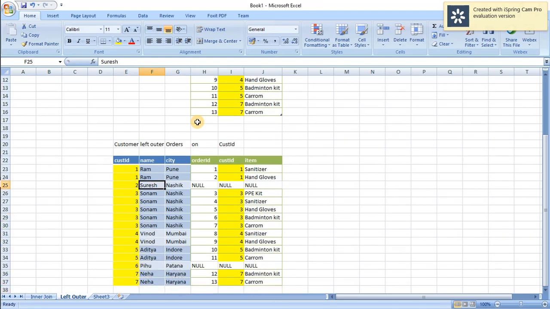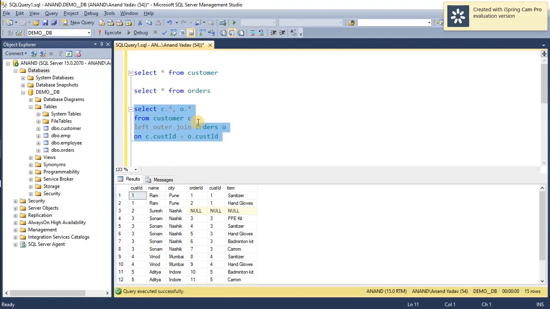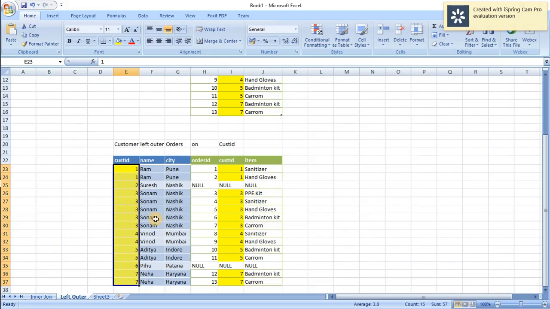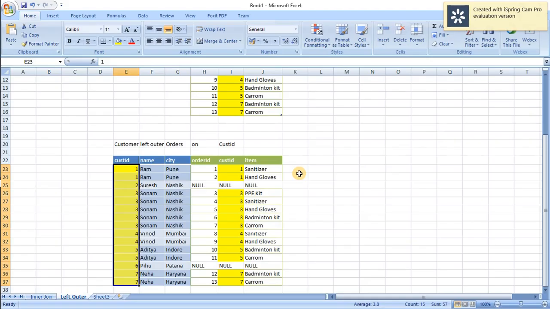So if we see the result of the left outer join, it will be 15 rows. Let's quickly verify this with the left outer join result produced by our SQL query. Again I need to copy the column.